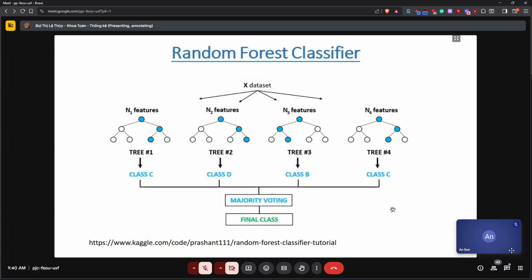Then I take another sample of observations and sample of variables, and I build another CART. And then I take another sample of observations and sample of variables, and I build another CART. And you can see by this that I actually have a random sample of observations and variables, and that gives me a random tree. And then I build another random tree, so I end up with a random forest.